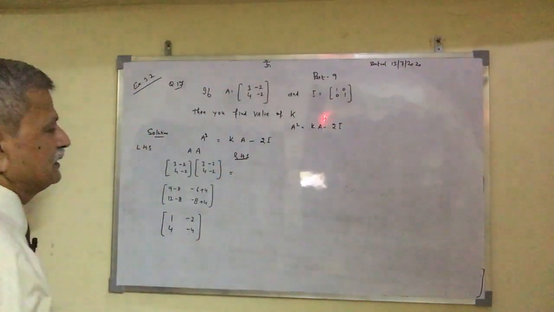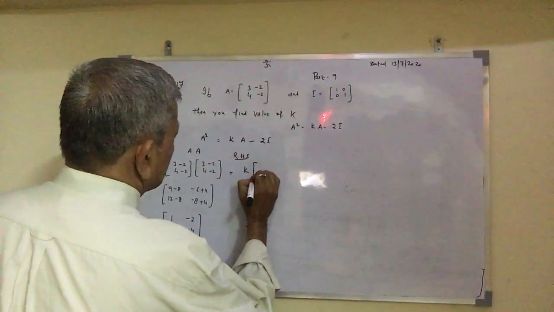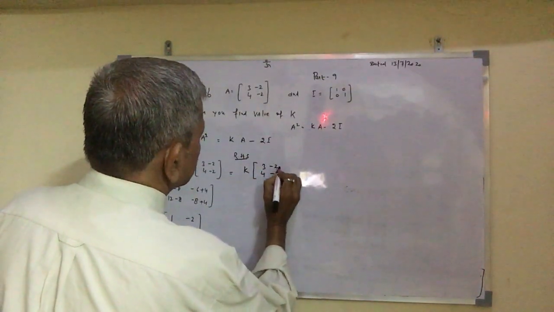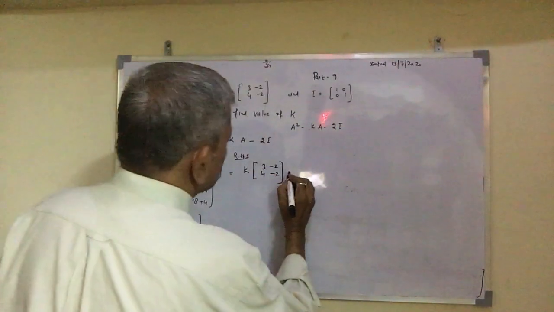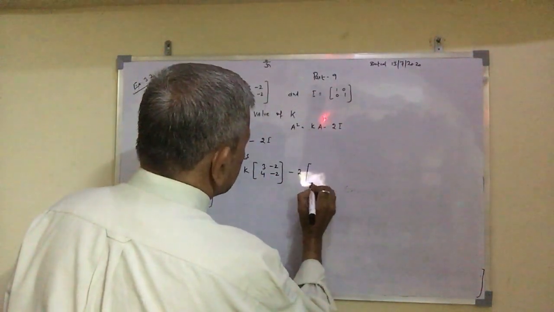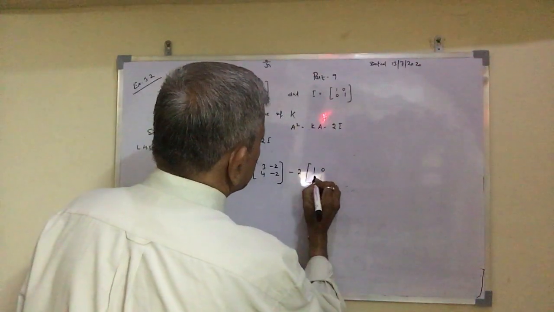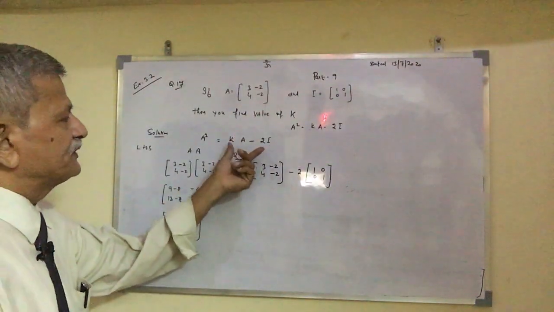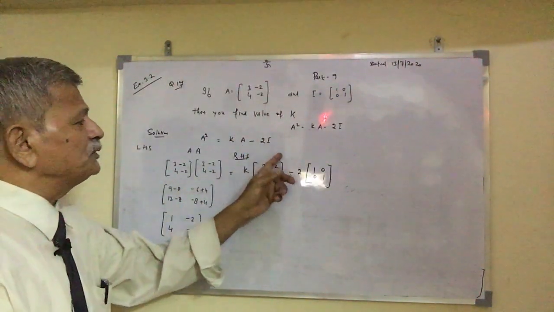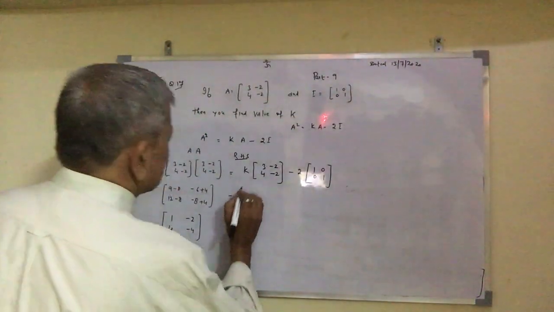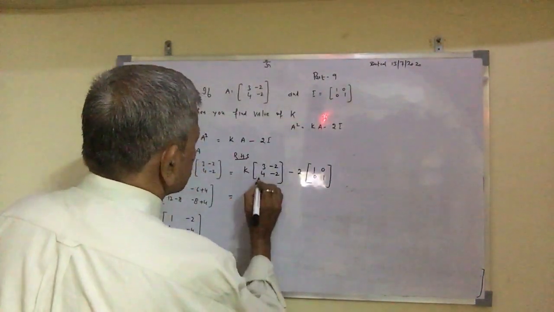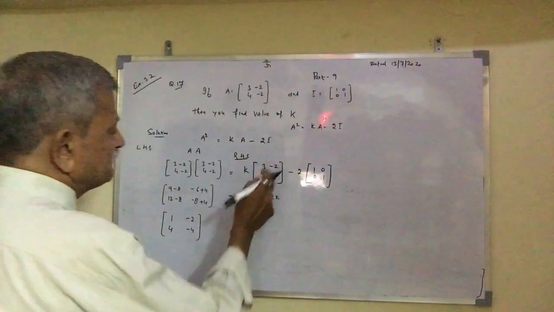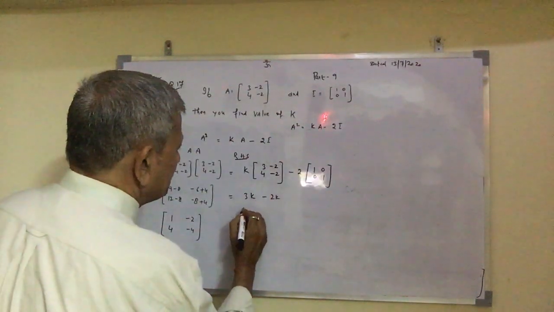What we see is k times A, so your value of A will be 3, minus 2, 4, minus 2. This is your A value, and 2 times the identity matrix, which is 1 0 and 0 1. So here, children, it is given that on the right hand side you take the same matrix, k into A and 2 into the identity matrix. Here your value will come out 3k, minus 2k, because k is a scalar, it will be multiplied inside, so into that it becomes 4k